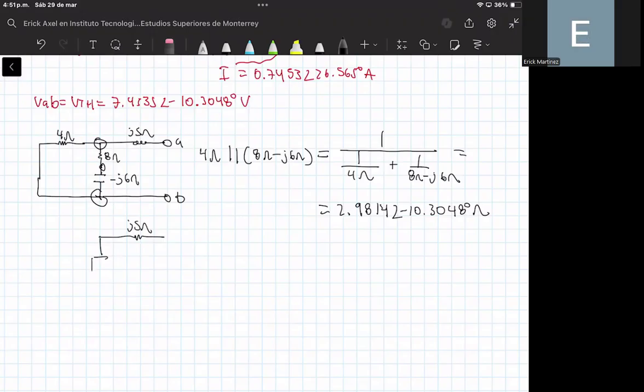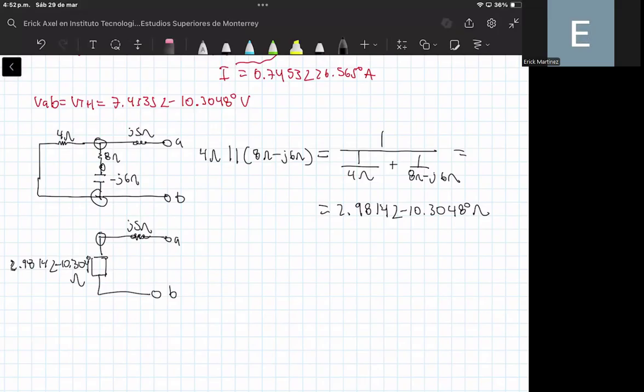Okay, and you place here an impedance A and B, and here we have the following: 2.8814 with an angle of minus 10.34 degrees, and these are ohms. Okay, and well, you can notice that this equivalent impedance is in series with the impedance of the inductor,